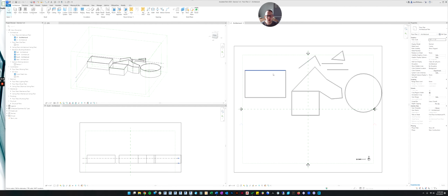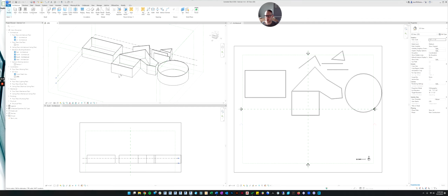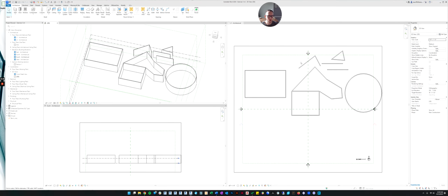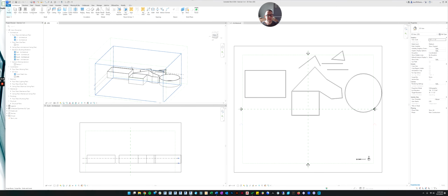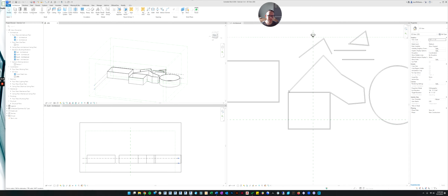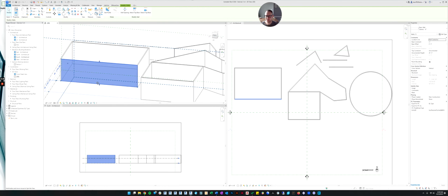Okay, now notice over here in 3D, you can see what we've been drawing. You can see this whole mess is showing up in 3D. Because again, when you draw stuff in Revit, you're not just drawing in a floor plan in 2 dimensions. You also notice all of our walls have a height.